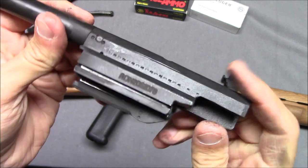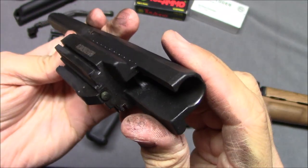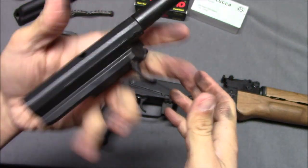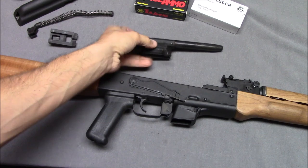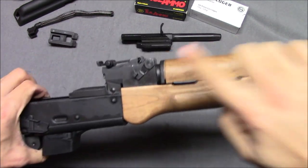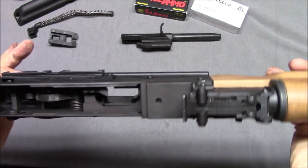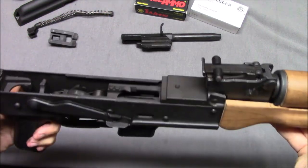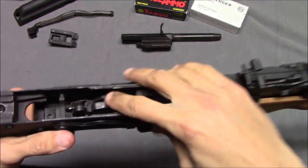The machining is not great. The finishing is not great. And this is just mass. Like the KR9, they take advantage of this space right here. There is no gas system here. It's just empty space. And with that out, let me see, maybe if I pull it, relieve the hammer,